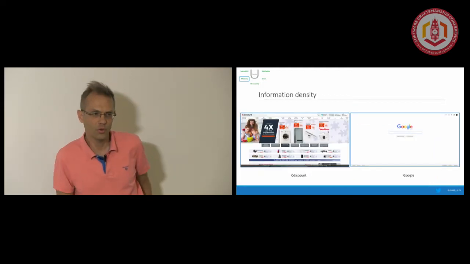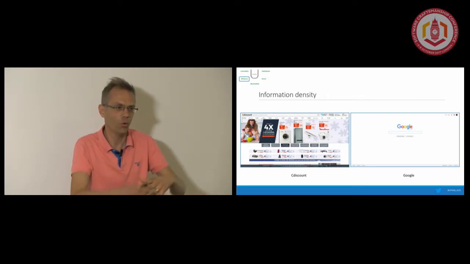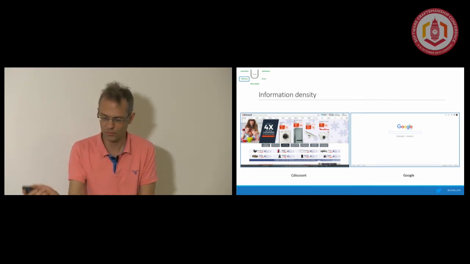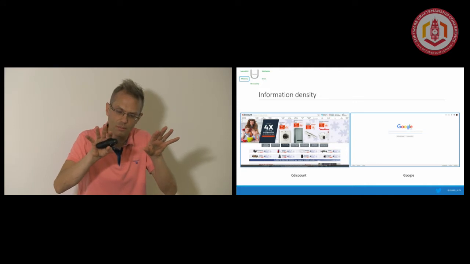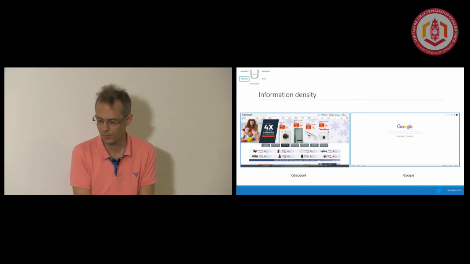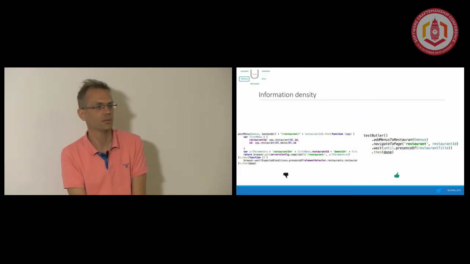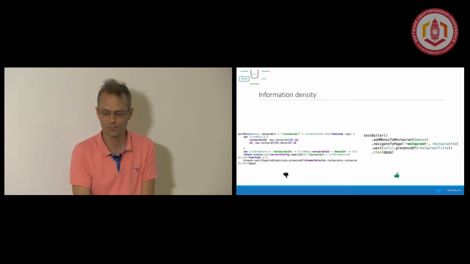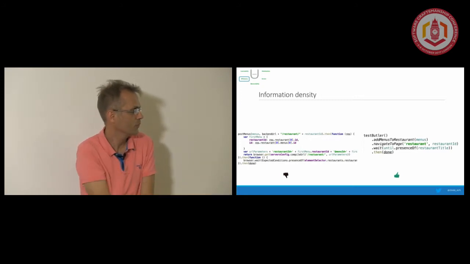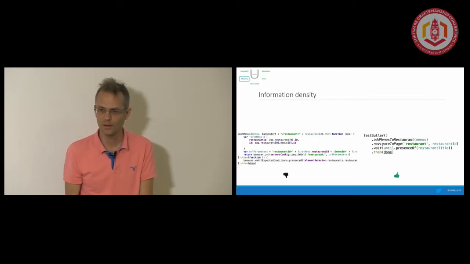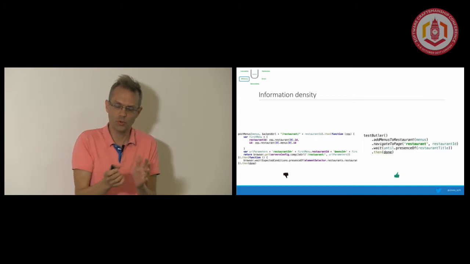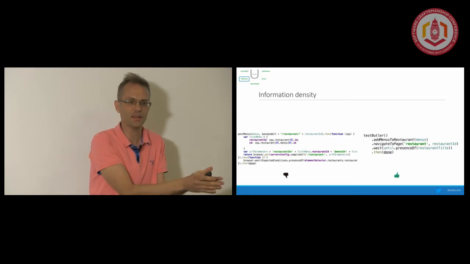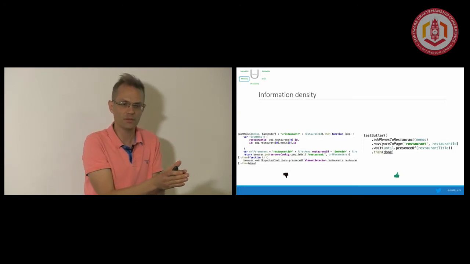Information density. Sometimes you want a lot of information all over the place, but sometimes you don't. And these are different design paths. In code, we tend to do the lesser thing sometimes. You know, just randomly put some code there and it's good, right? It's the same code on the right, just a bit more organized. And what I want to do with this is express the intent. I want to expose the things that are likely to change.